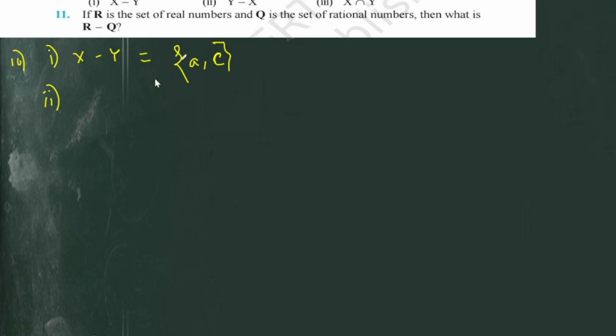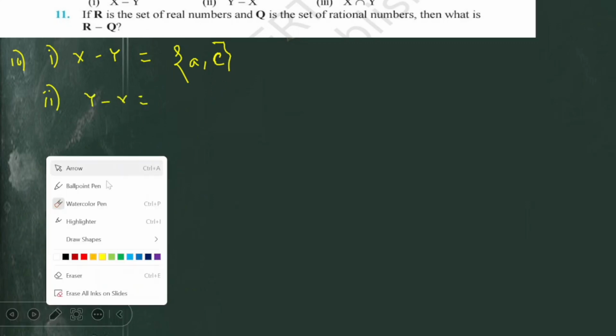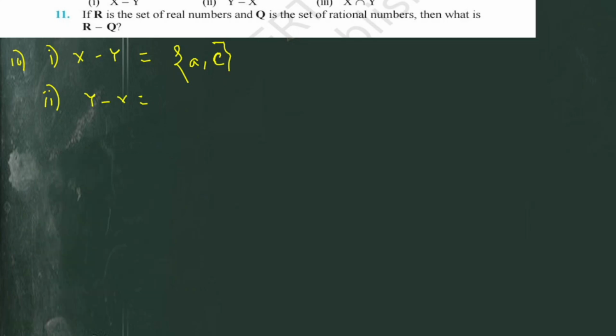Okay. So only the elements that belong to X but not to Y. Next, Y minus X. Now we'll remove the elements of X from Y. So a is there? No. B is there? Yes. D is there. So b, d are removed. So the answer will be f comma g. So again we can conclude that X minus Y is not equal to Y minus X. In the notes we have learned this, but here again we have proved X minus Y is not equal to Y minus X.